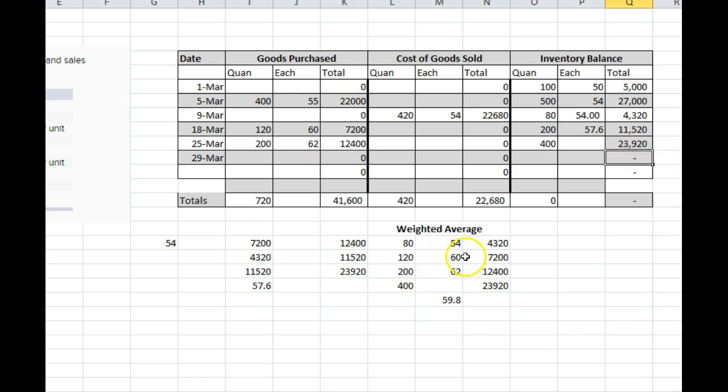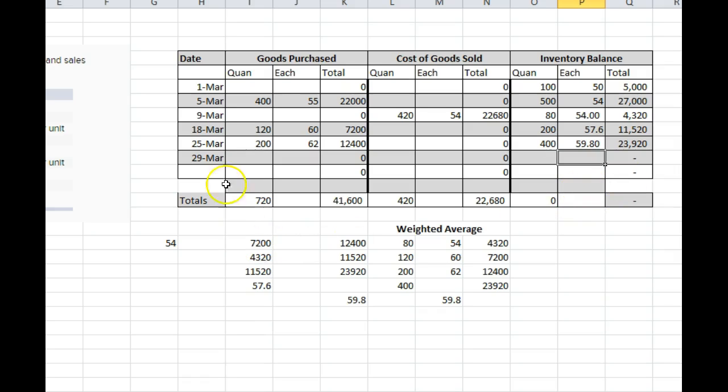And this is where you've got to look at your layers. Okay, now you're going to divide 23,920 by, let's just do that right here so you can see it. 23,920 divided by our quantity of 400, which means each one is valued at